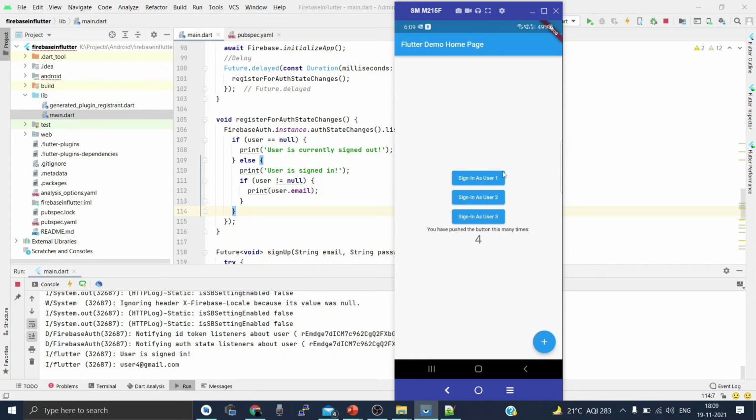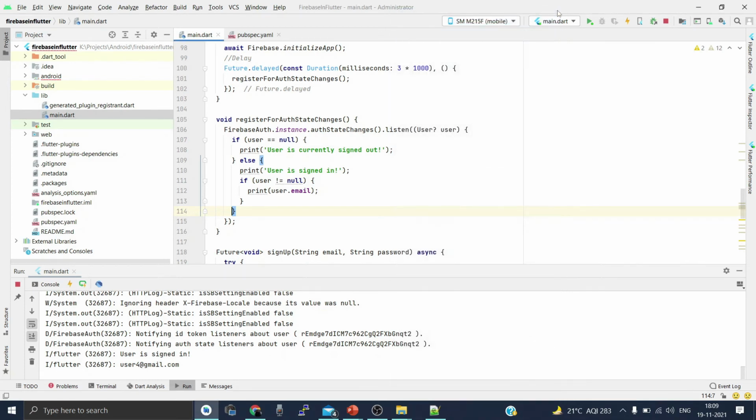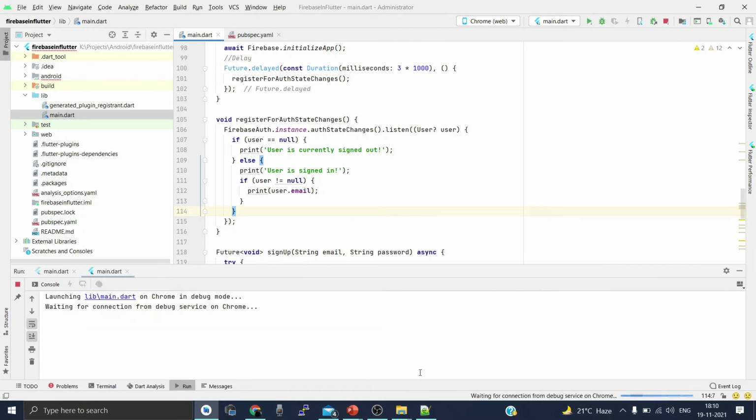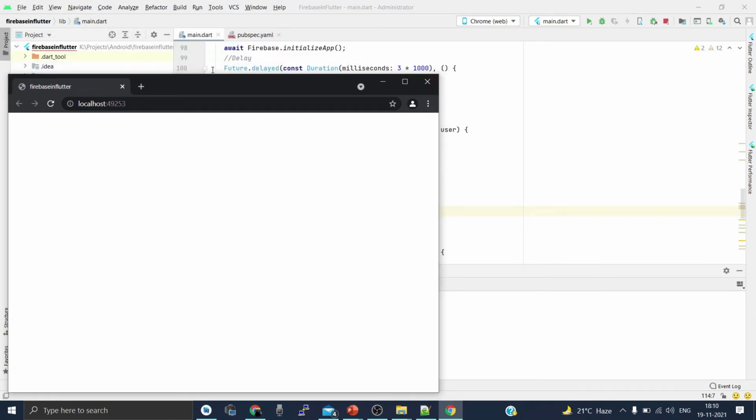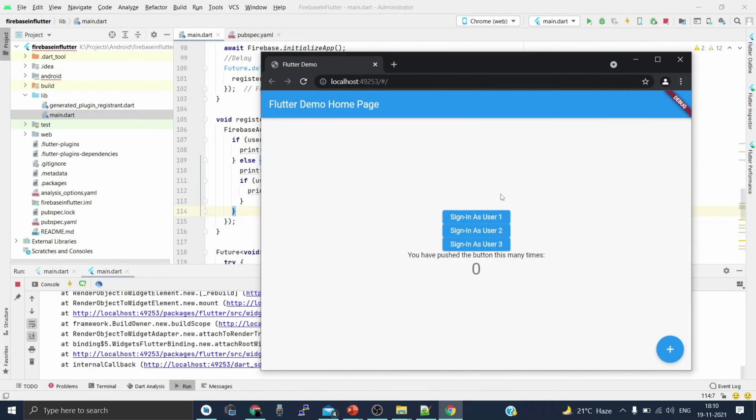So let's do the same thing on the web as well. What we are going to do is run the same application on the web and see if it works. The basic benefit of coding in Flutter is that the same code base can work flawlessly and exactly the same way on both the mobile and the browser platforms, right? So that's why I'm a little excited learning Flutter.